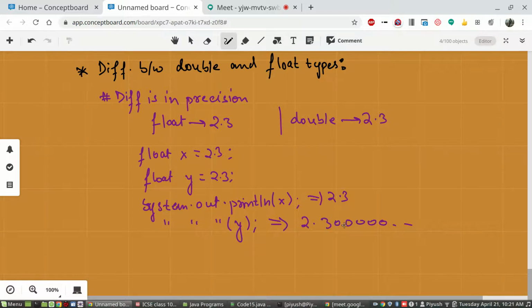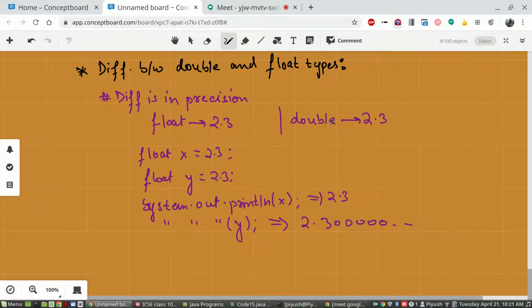Greater precision means more decimal places, more digits after the decimal point, so it will be more correct. Some sort of rounded off version of float will be a double. So if you are looking at the degree of correctness or precision, double trumps float, that is, double is ahead of float. So more decimal places can be represented using a double value.